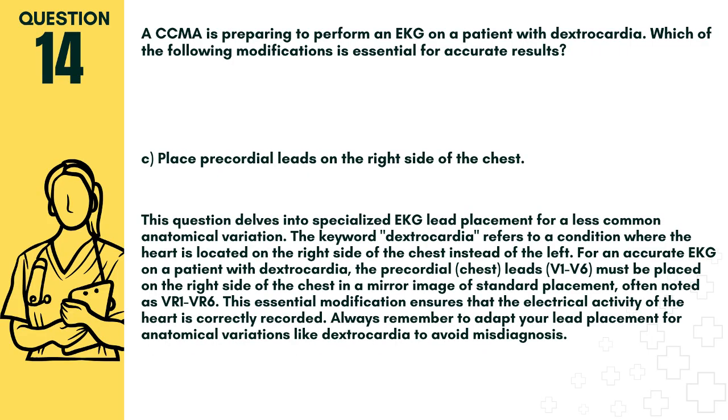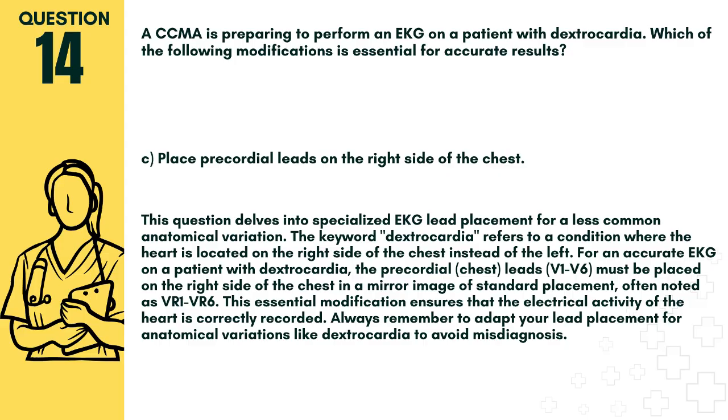Answer: C. Place precordial leads on the right side of the chest. This question delves into specialized EKG lead placement for a less common anatomical variation. The keyword dextrocardia refers to a condition where the heart is located on the right side of the chest instead of the left. For an accurate EKG on a patient with dextrocardia, the precordial, chest, leads, V1-V6, must be placed